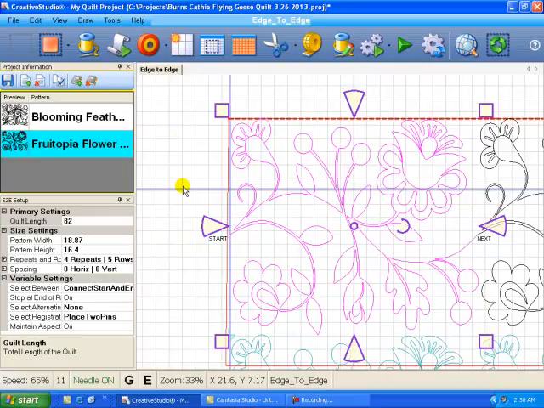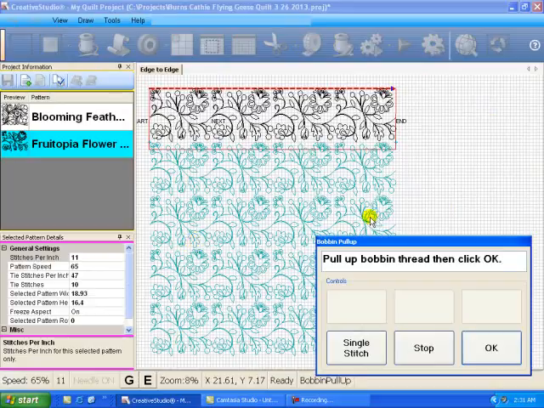And then as I quilt and roll, I can't use the start point or the end point to do the relocate as I normally do. So I'm going to show you another method of doing this. I have clicked quilt and let the machine go to the start point of the first repeat in the first row. Now I'm going to click stop, and I'm going to get a message